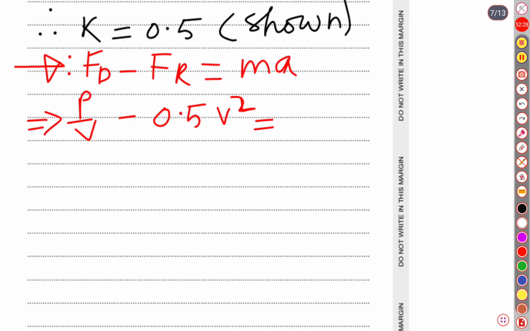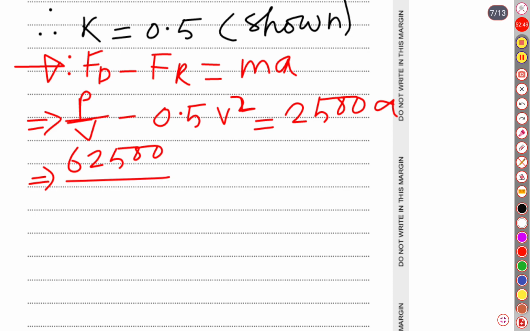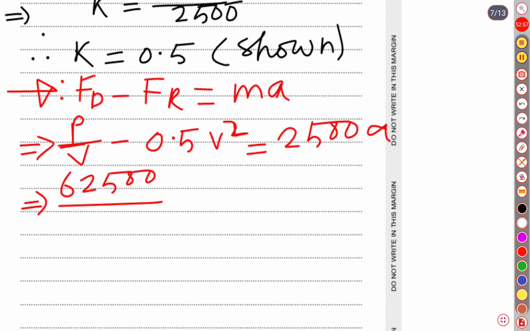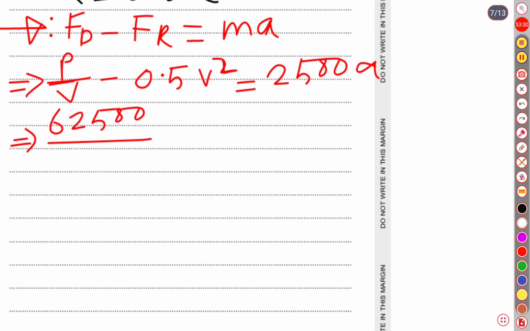0.5 V square is equal to mass into acceleration. Mass of the car was 2500, acceleration. Okay, now our power is 62500 and velocity is 25. They have told us to find, look at this, when the speed is 25, so we are going to apply this value. It is 25 minus 0.5 into 25 square. 25 square is equal to